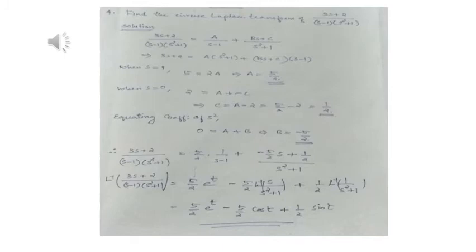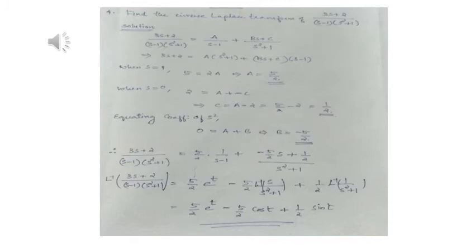A into (s² + 1). So here the coefficient of s² is A, so A plus again B into s², so A + B. So 0 = A + B, where B = -5 by 2. And applying in equation number 1, that is (3s + 2)/((s - 1)(s² + 1)) = A/(s - 1) + (Bs + C)/(s² + 1), applying there, and then taking the inverse for each term, we will get the answer 5 by 2 into e^t minus 5 by 2 into cos t plus 1 by 2 into